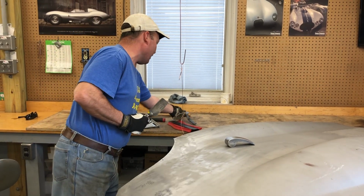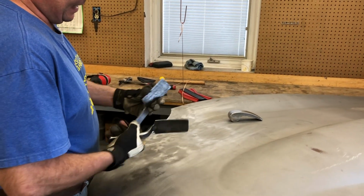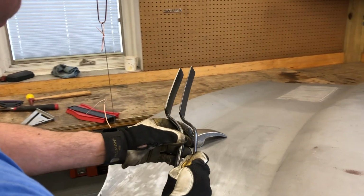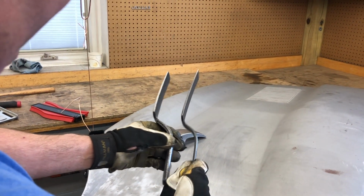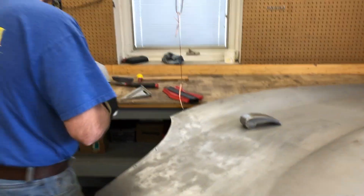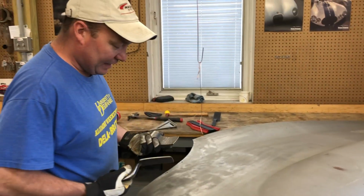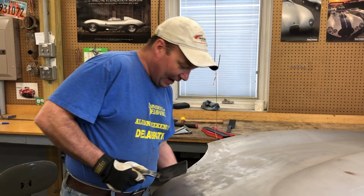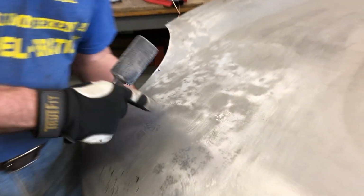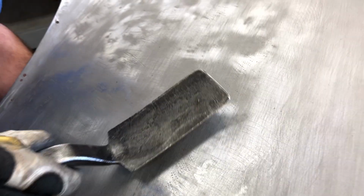But you'll see I have a very expensive Martin slapper here, and it is thinner and has a lot less weight to it. And I like the weight for working on steel here. This would probably work a lot better on aluminum, but we don't do a lot of aluminum here. And so what we're doing is, look at this area here. If you zoom in on an area where it's dark, you can see how it's lower. See, this is what I was working on. And then we're just going to